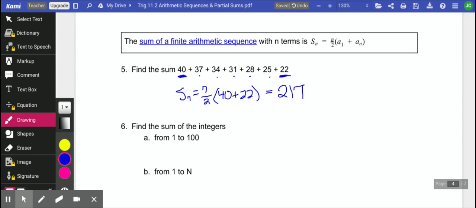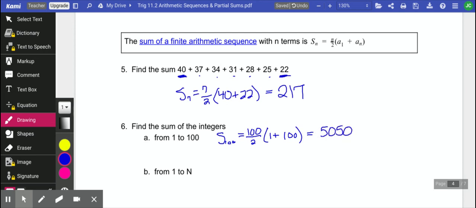Now, clearly for this particular problem, I don't know that the formula was any easier than just adding up those 7 numbers. But for a problem like number 6, if I asked you to find the sum of all the numbers 1 to 100, nobody wants to put that in their calculator. That sounds terrible. From 1 to 100, there are 100 numbers, so n is 100. a1 is 1, and our last term is 100. So we get 101 times 100 divided by 2, which turns out to be